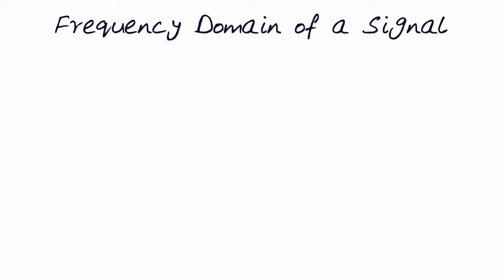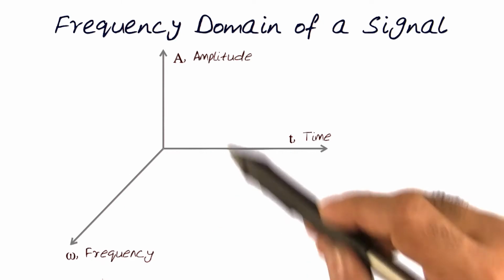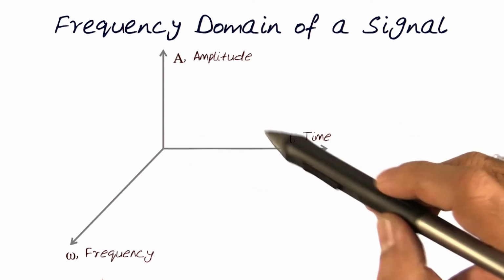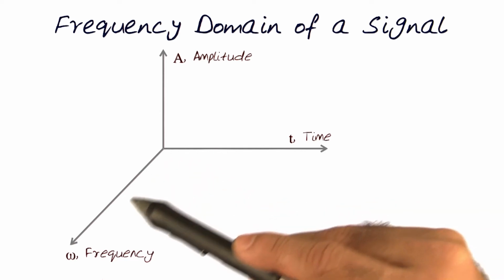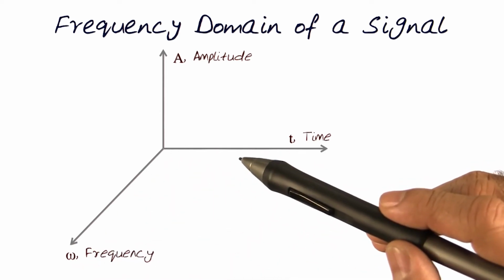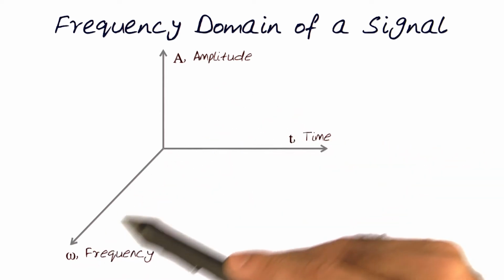Let's look at this concept of the frequency domain of a signal in a different way. Let's create this three-dimensional axis. A is amplitude, T is time. This is exactly how we've been looking at signals. But now let's look at also the third dimension here, which relates these things, but now we're measuring the